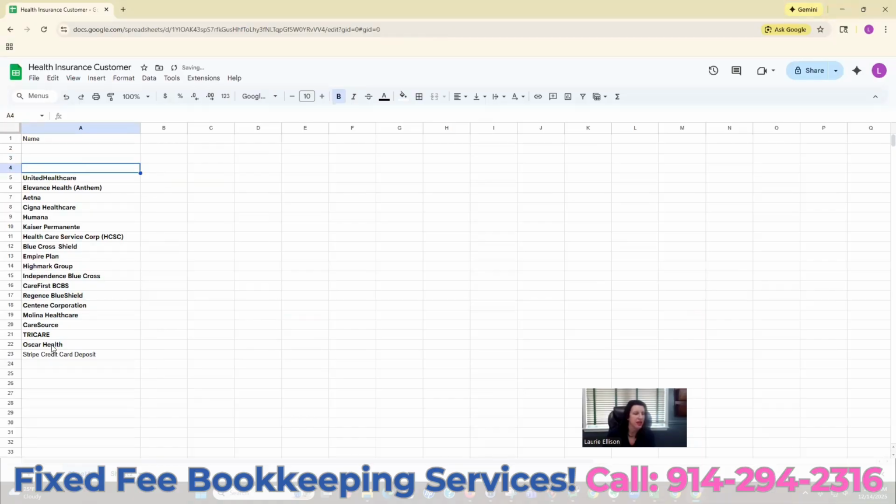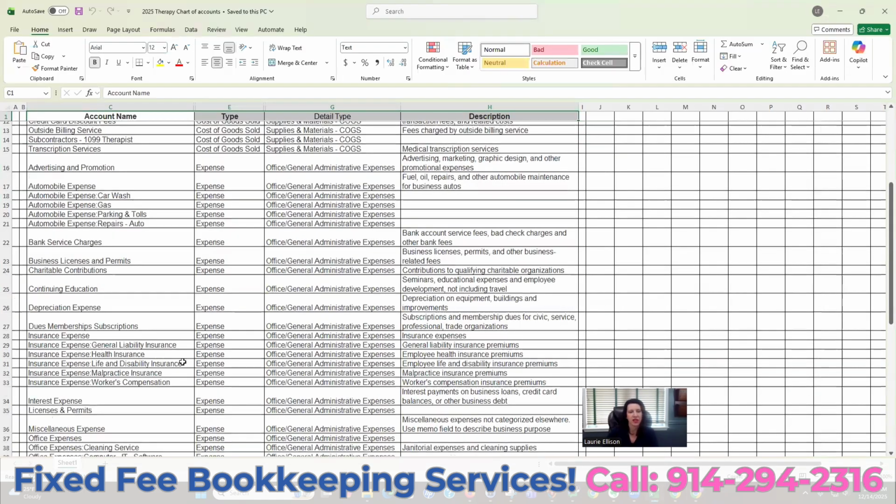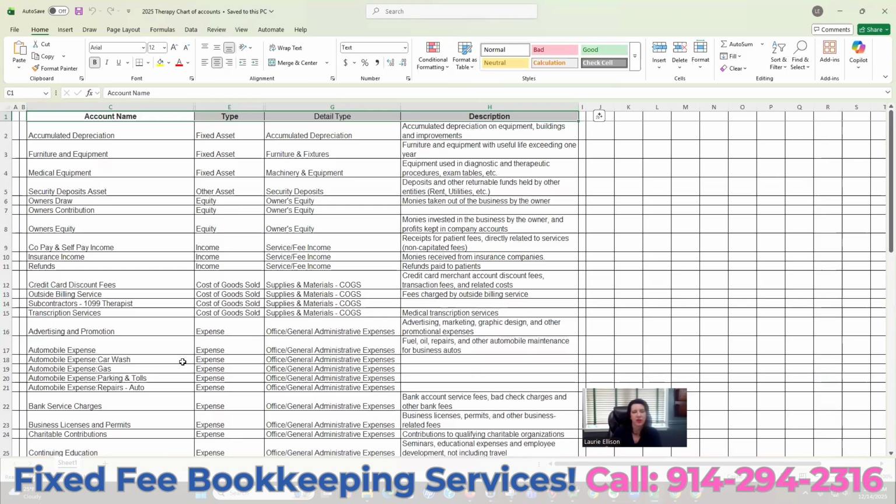So now we have these names and then a credit card deposit. So I'm going to copy these. Now, mind you, we have a chart of accounts. It's going to be linked below, and this is what it looks like in Excel. This is what we imported earlier. But you have to come up with your